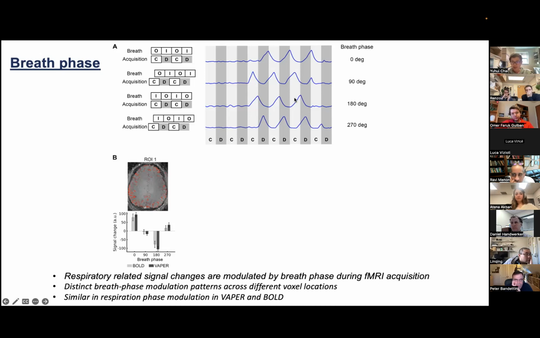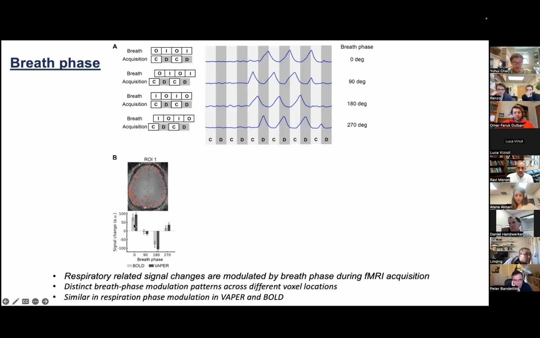And here the body image, the control image, is acquired when the subject is breathing in, and the phase is also shifted again, with the image acquired during the transition period. The bottom shows the signal change, comparing those deep breaths with the rest. For those 4 different relative timings between acquisition and breathing phase, the signal changes are very different. So in this ROI, highlighted by the red voxels,